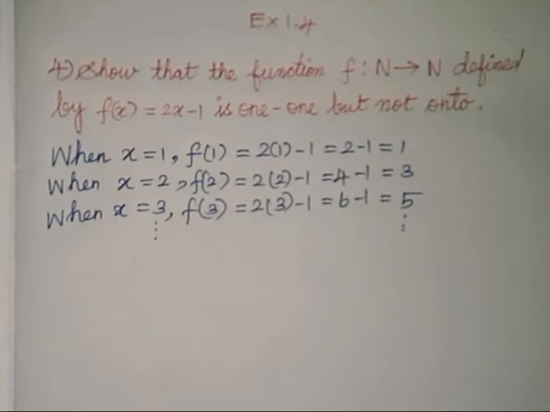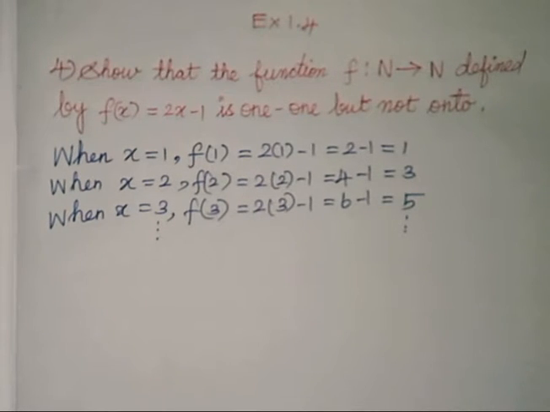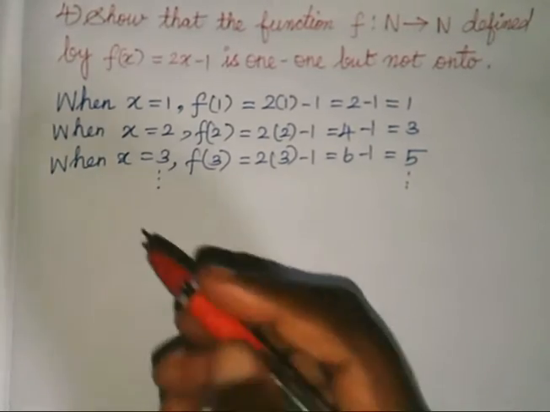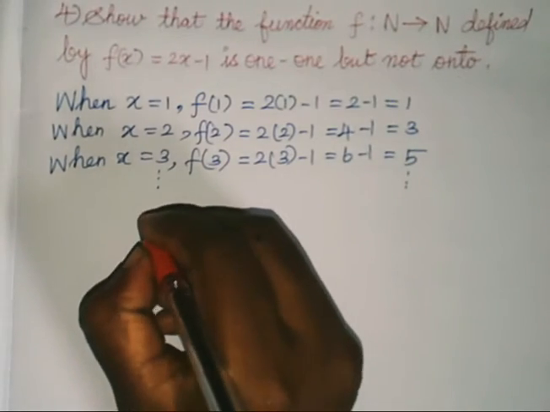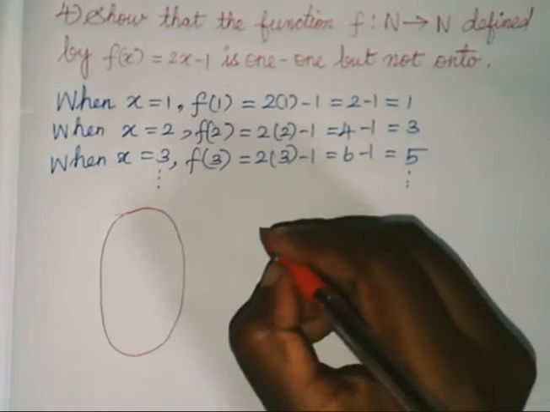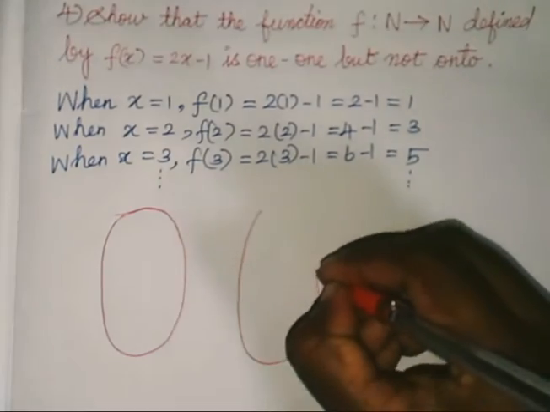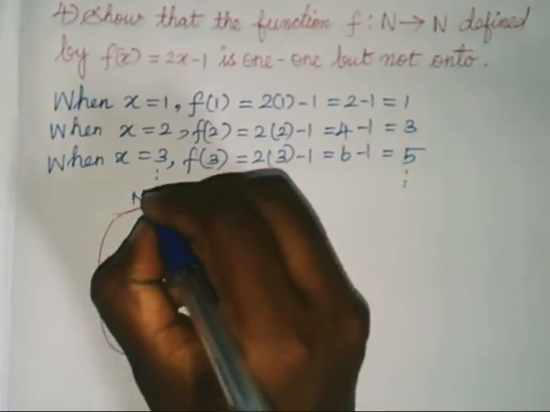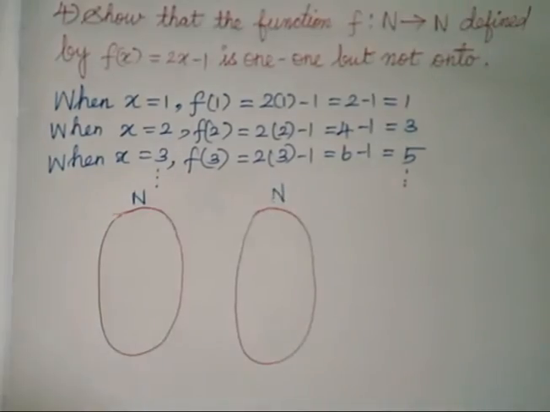Okay, x is also continuous and accordingly f of x is also continuous because the domain and codomain sets are the natural numbers. To show the one-to-one function, I am going to put these in an arrow diagram, to see whether it's a one-to-one function. Let's find out. From set and to set.